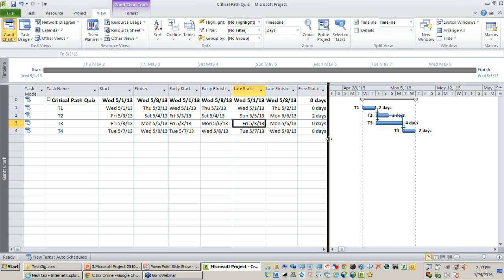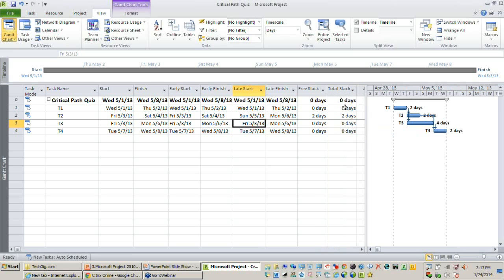So the critical path is the set of activities whose total slack is 0. Wherever your early start and late start are the same, your total slack is 0. If they are different, the difference between these two dates is the total slack. Please note your total slack will be a positive value when your activity is not on your critical path.